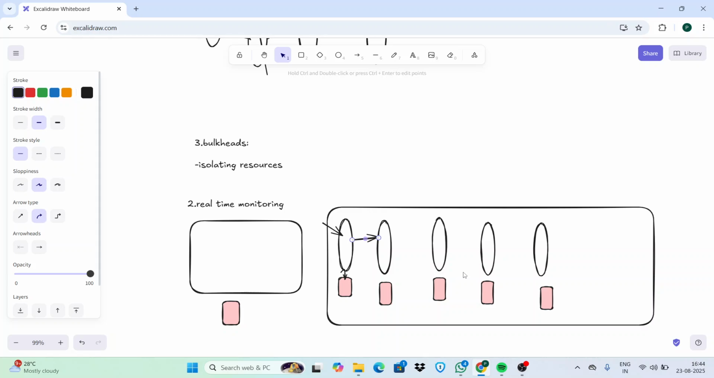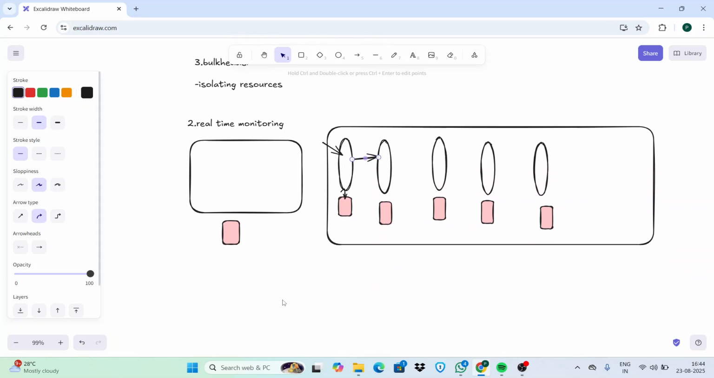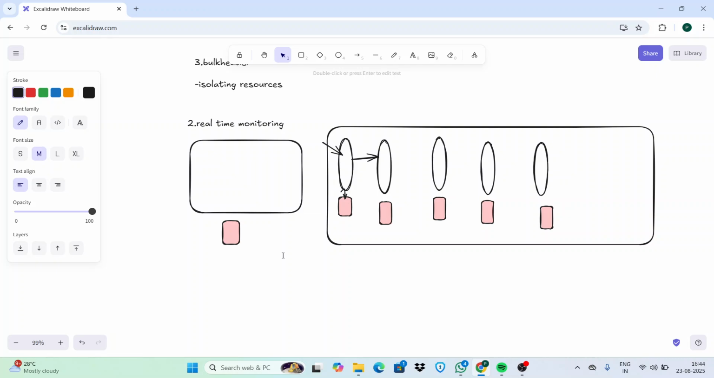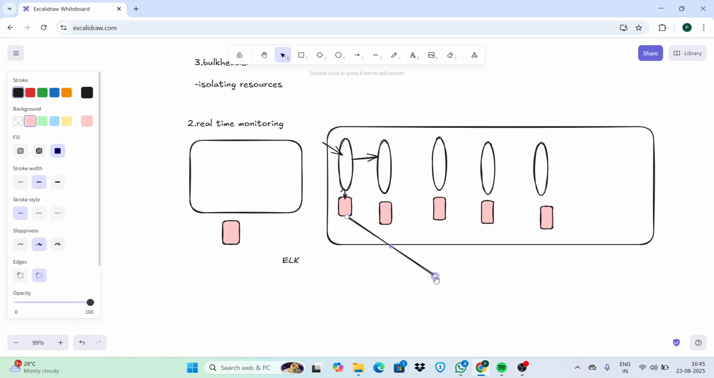So how is it identified that these logs belong to this request? For that there should be real time monitoring. For this ELK is used: Elasticsearch, Logstash and Kibana. So these logs should be centralized into one place,